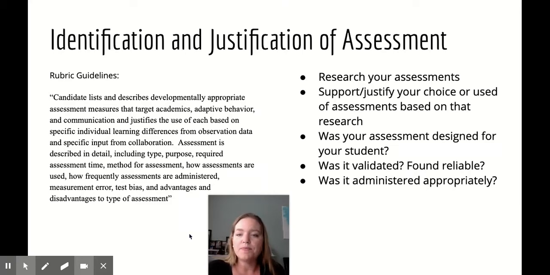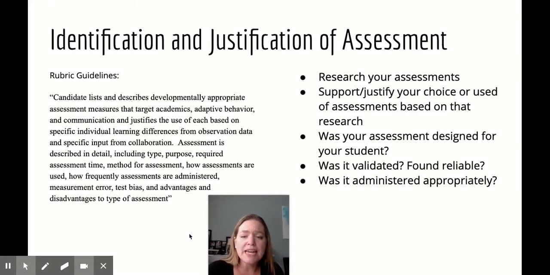So based on that information, for the assessments that you chose or that were chosen, you describe the type, purpose, how long that assessment takes, the method of assessment, how those are used, how frequently those types of assessments are administered. For example, curriculum-based measures are administered multiple times, whereas an intelligence test would be maybe once every 3 to 6 to 9 years. Okay,